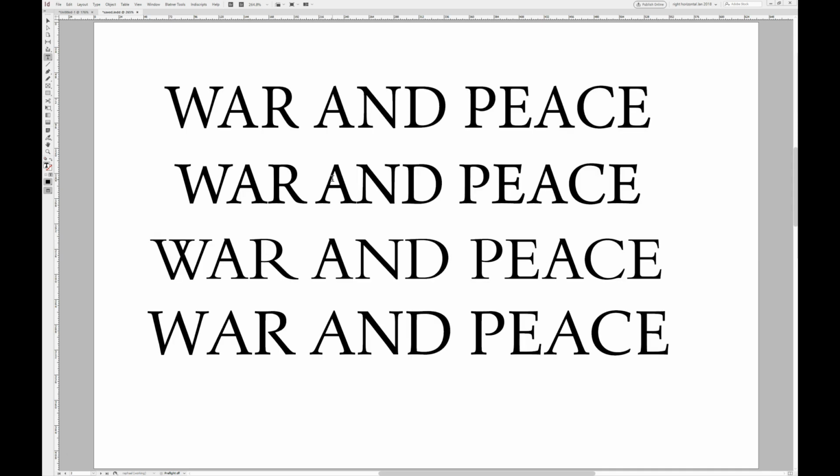So when I learned kerning at university, the example we were given was the title of the book War and Peace. And here I've typeset War and Peace in 4 different fonts: Minion, Arno, Bembo and Palatino Nova Pro. And as you can see, the space between the W and the A, which is always the problematic space, is